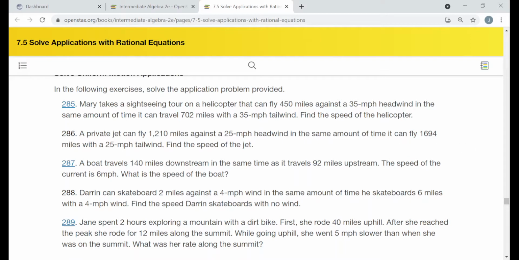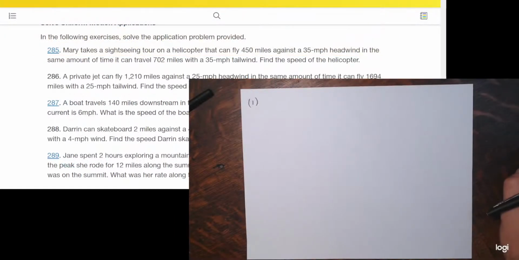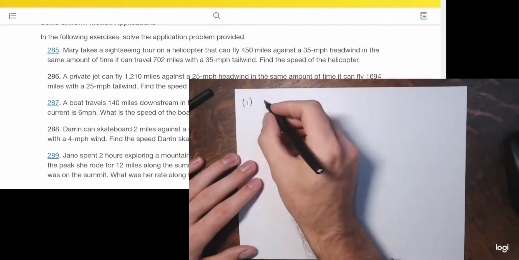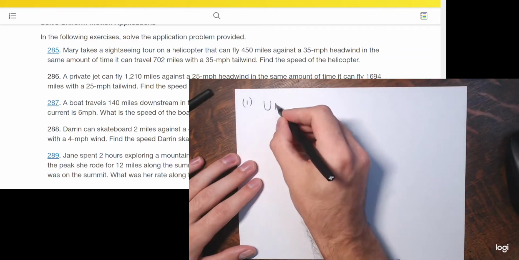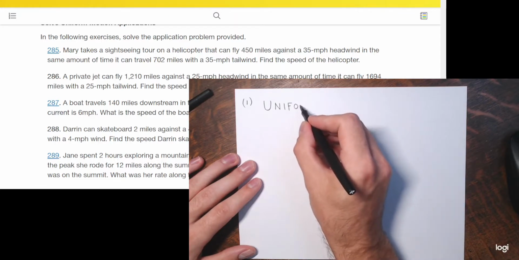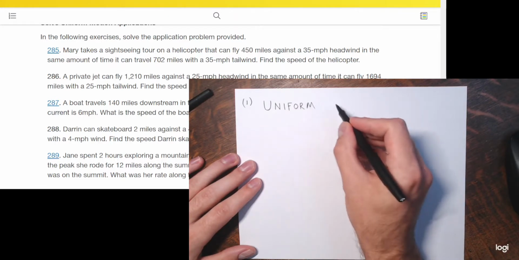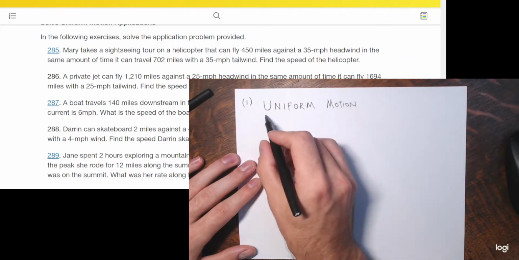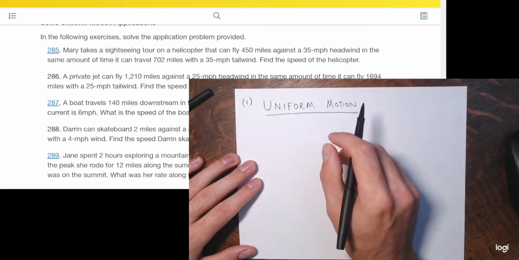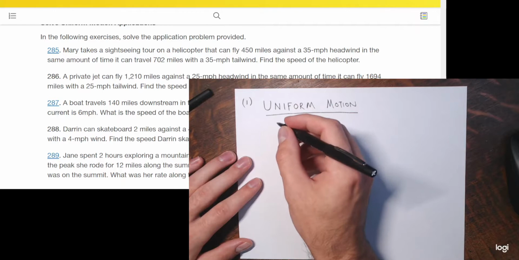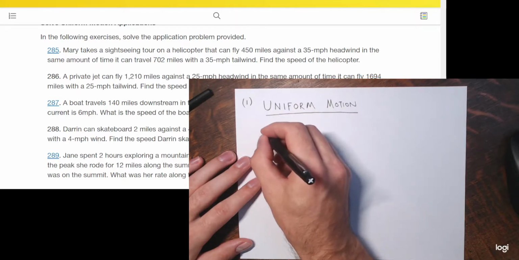Okay, so I'll keep this problem up. You can see 285 still up top. I got some paper here. Now, in all these uniform motion problems, hopefully you can see my writing, and I will bring the paper up bigger in a little bit. But in all the uniform motion problems, we're going to be making use of the following concept, the following formula. That the distance traveled